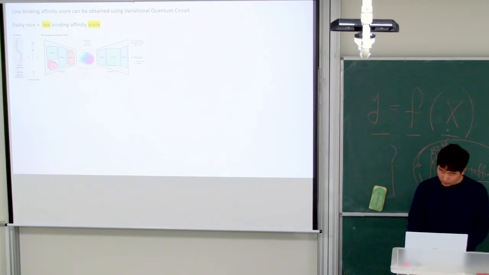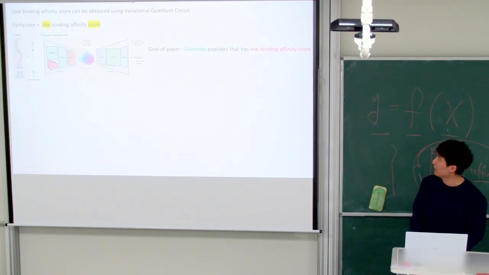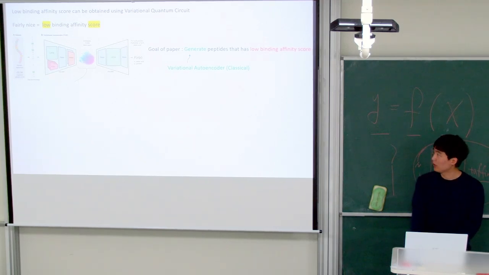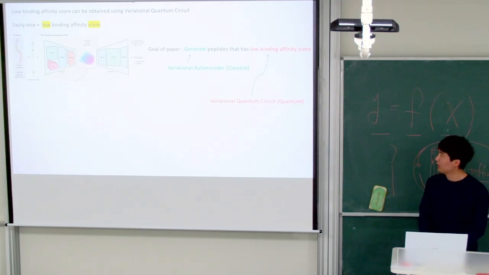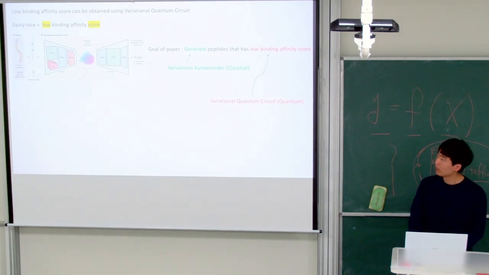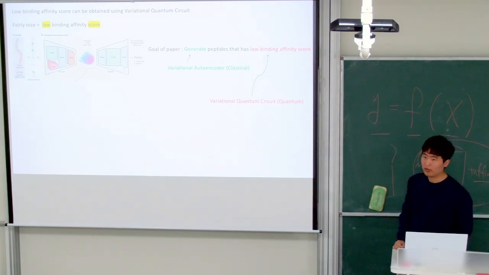So the goal of the paper is to generate a peptide that has a low binding affinity score. By generate, they use a variational autoencoder. It is the classical way of computing. To get the low binding affinity score, they use what is called the variational quantum circuit. It is the quantum one. Can you explain what the red means? Sorry, for what do they use the variational quantum circuit? Low binding score. So